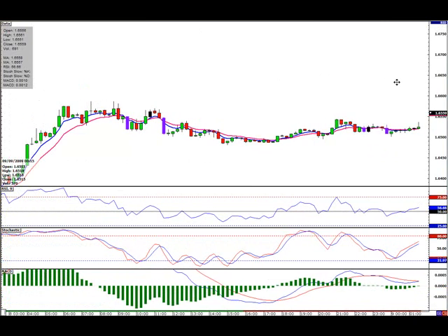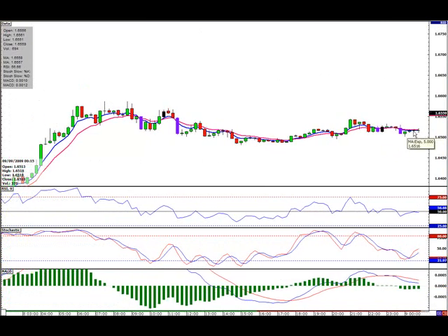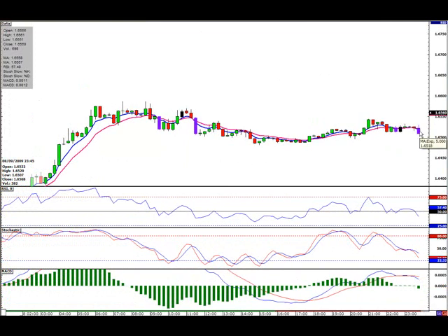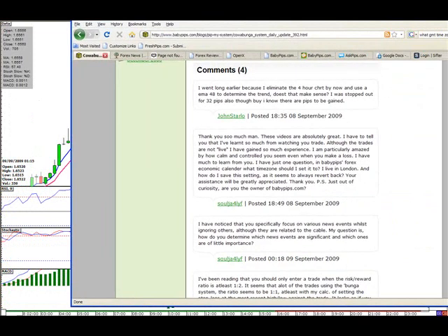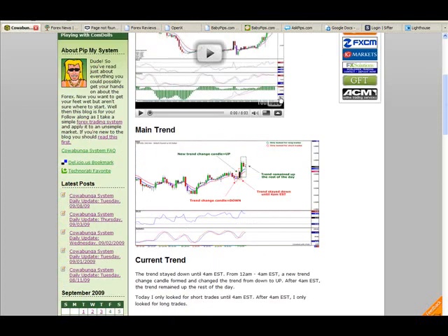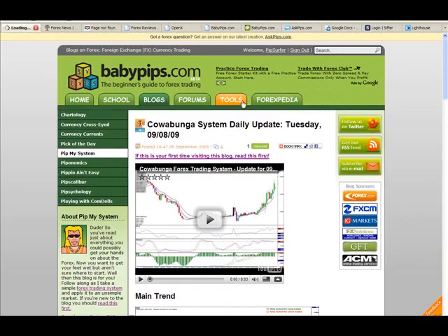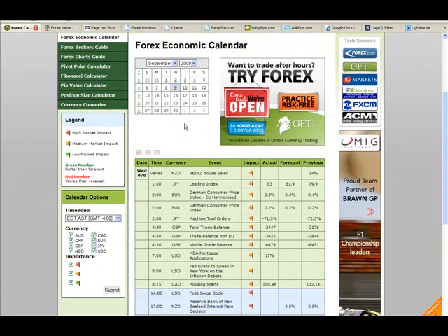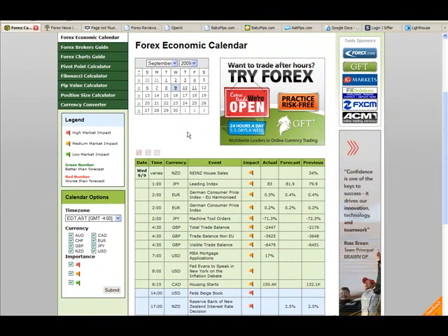So now I'm going to move my 15-minute chart back to before midnight, so you can see what it looked like. Before we start trading, the first thing we want to do is take a look at our news. If you've been watching these updates, you'll notice that there's a routine that I go through every time, and that's really what you've got to do, is just make a routine.